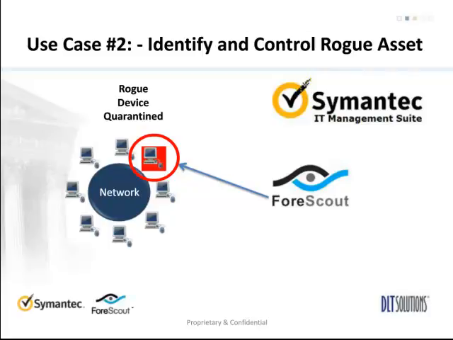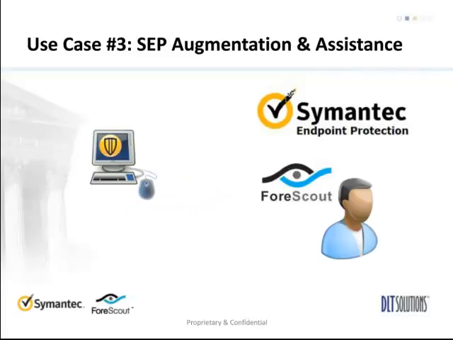Thanks, Sean. Appreciate that. In the use cases that we just reviewed, we've talked about the idea of these rogue assets, and we should not be comfortable with rogue assets on our network any longer than necessary, any more than a bank should be comfortable with somebody snooping around the vault. So this speaks to cyber hygiene and why it's so important, and some of the capabilities we have together to remediate these issues in real time.